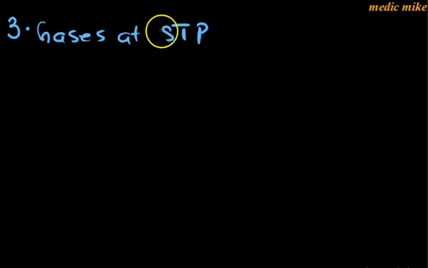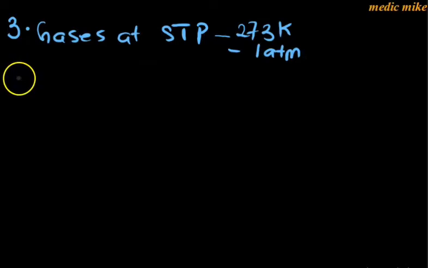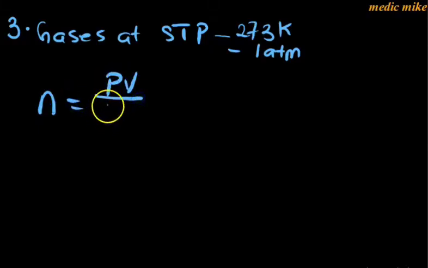Now, number three will be for gases at STP. So gases at STP. STP means standard temperature and pressure, which for temperature it is 273 Kelvin, and for pressure it is 1 atmospheric pressure, 1 atm. Now, for gases at STP, you can find mole with n equals to PV over RT,